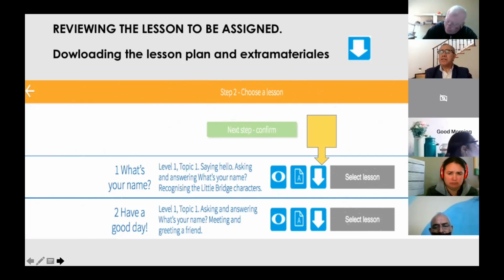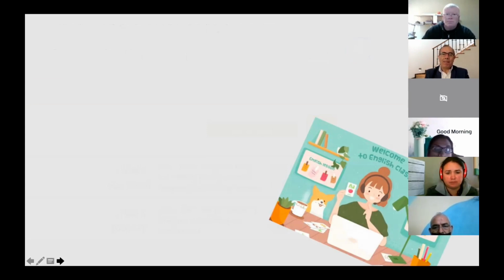You can keep it digital, o si son como yo, que a veces pues todo lo necesitamos impreso, well, you print it. But it's up to you. You don't have to print it. And if you are working online, and if you have a way to send the material to the students, do it. Or you need to find a way to show it in an online session, right? Perfect.